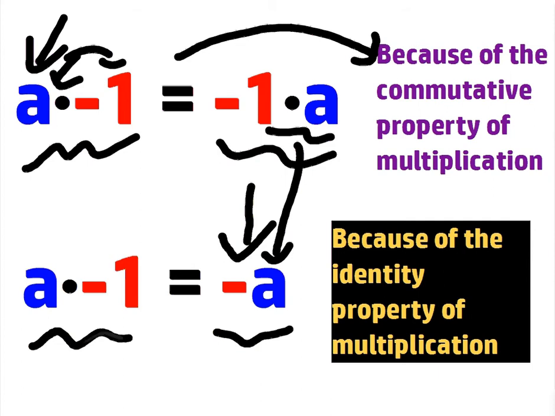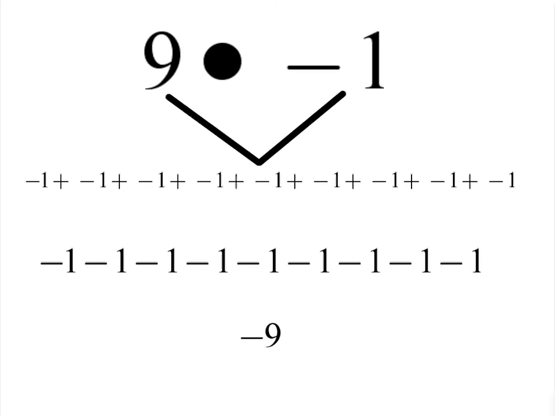So therefore, we've just proven, by the way, it's because of the identity property of multiplication, 1 times anything is itself. So we've proven that a times -1 is equal to -a. Another way of looking at this